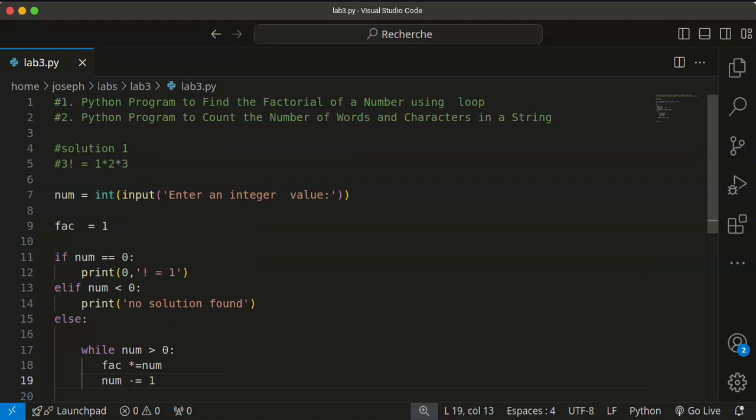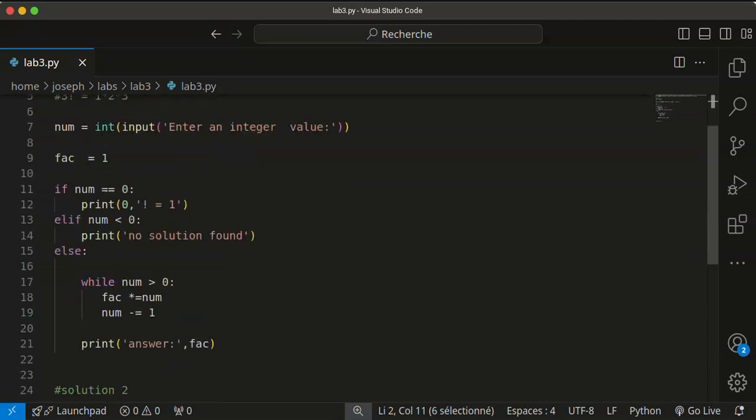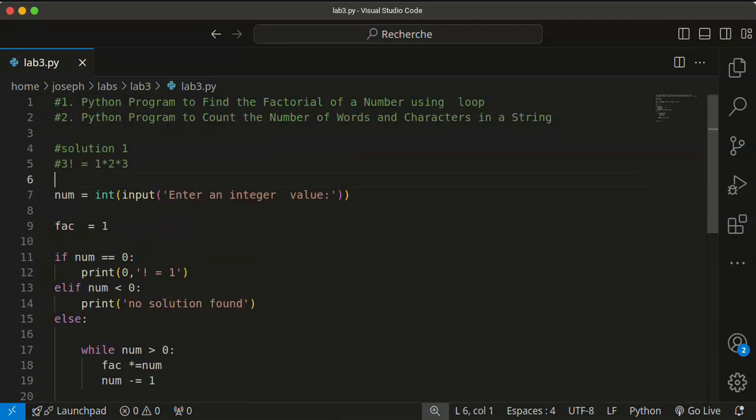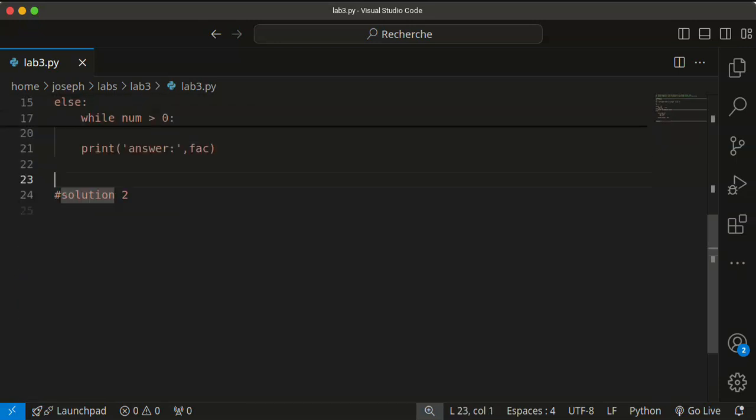And then let us solve the last problem quickly, counting the number of words and characters. To count the number of words, you can simply use spaces to help us realize that, because to find the length of the word, then the next one, we'll move like that. So what we're going to do now with the second exercise, let me just comment this one, and then